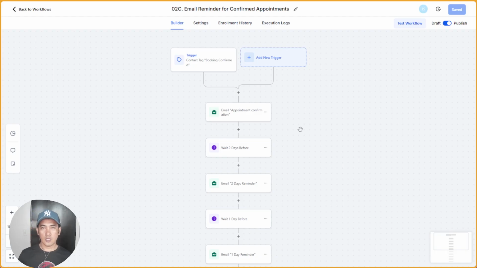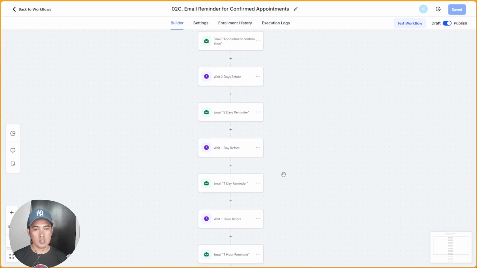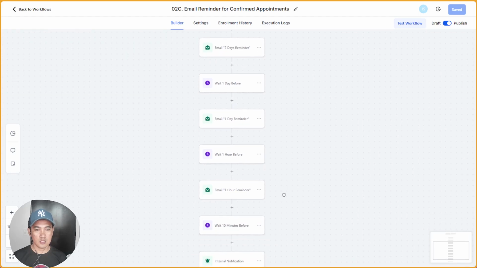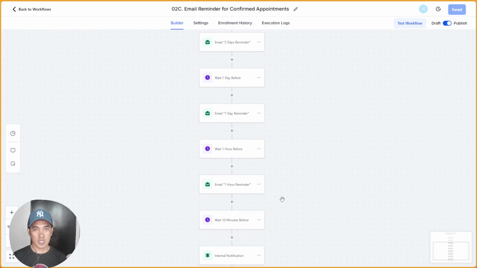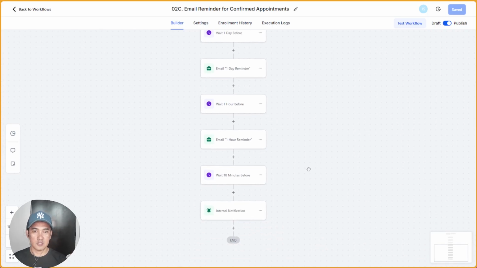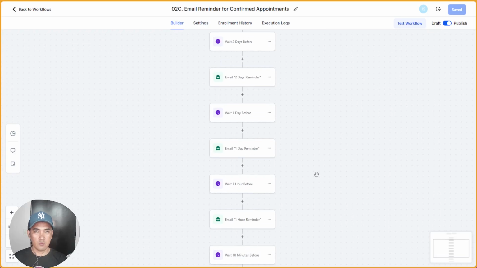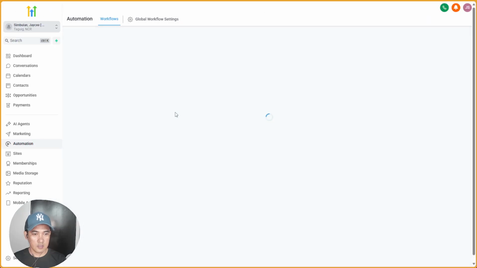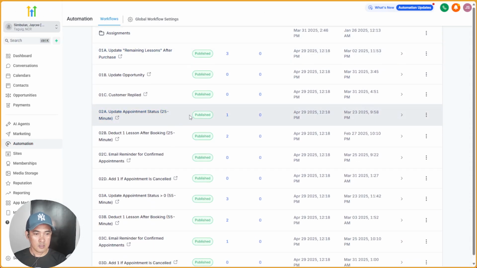So this workflow is just a series of reminders if the booking is confirmed. So these emails will be sent to the client before the scheduled appointment. Okay, just reminders so they won't miss their appointment. All right, and then